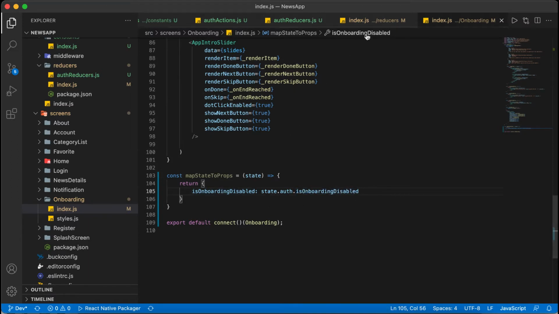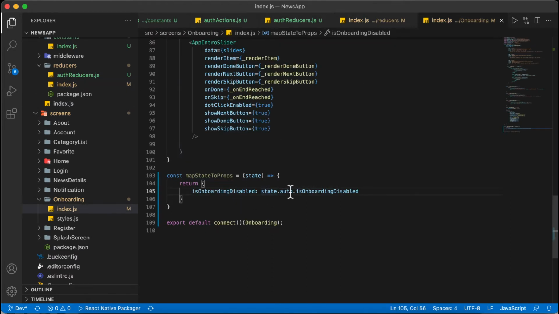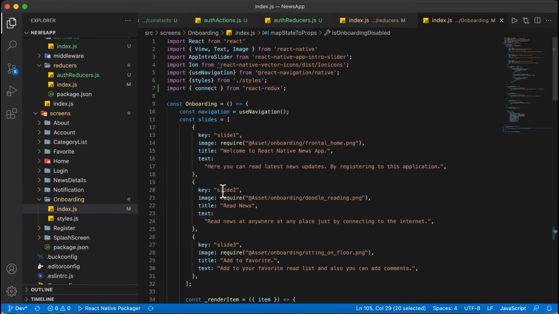Here we have named the auth reducer as auth, so we access everything inside the auth reducer by using the auth state. Now we will receive isOnboardingDisabled as props.